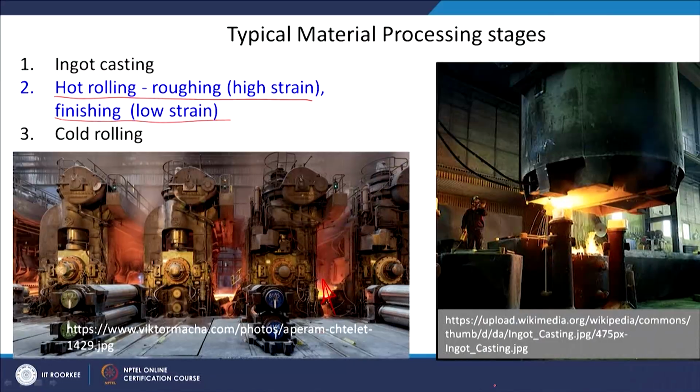Similarly, this is a process where the molten metal from this ladle is being poured into the ingots. Again you can see the size, this is the size of a man standing there controlling the whole operation, and the size of the ladle and ingot, and similarly the size of the rolling mill. That gives you an idea of the scale in which industry works.